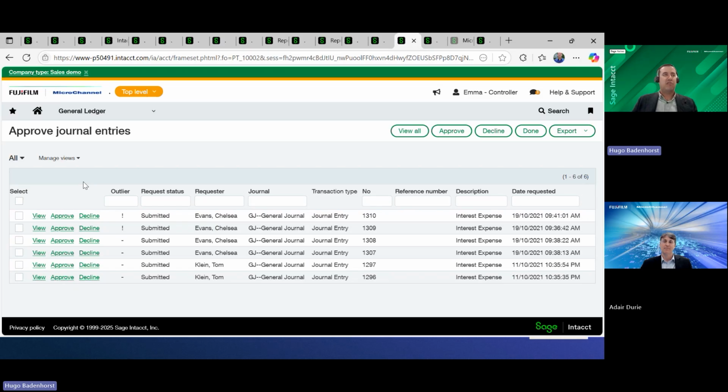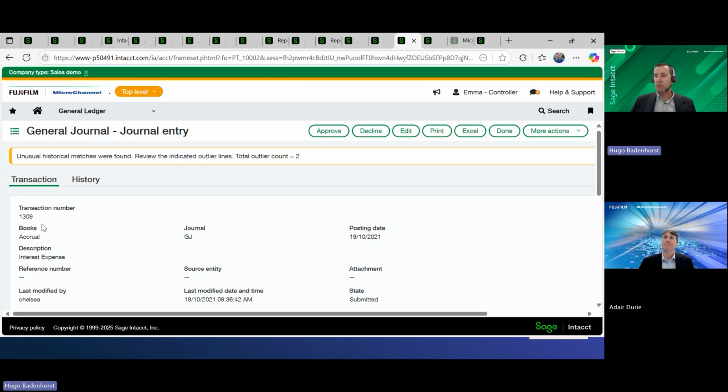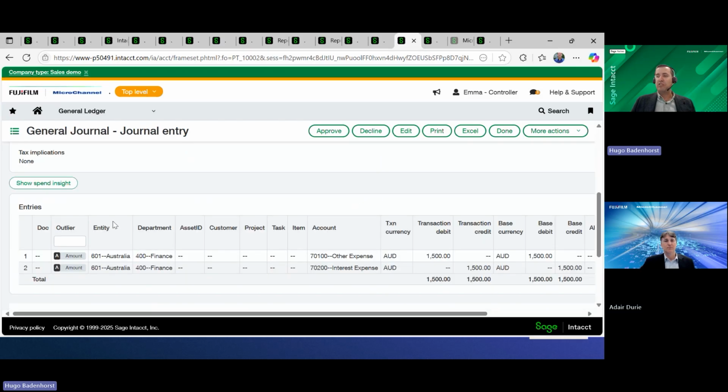And all of these are there to improve your month-end close process, to ensure that the information is there, relevant, and quickly visible. On the other one, you can see again there are unusual matches, and in this instance the amount was unusual. So again, we've done the same transaction before multiple times.